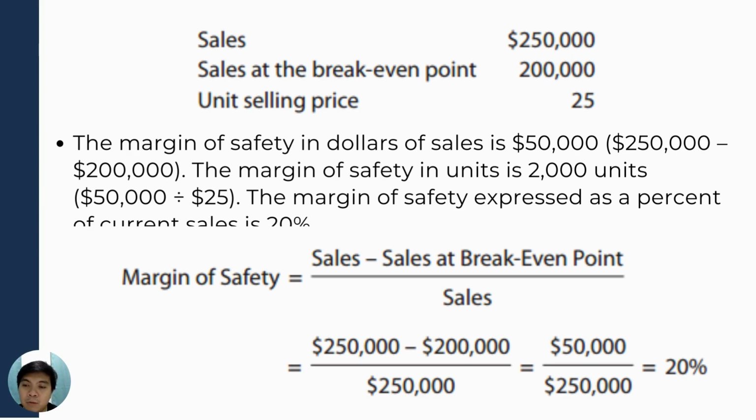That would result to 50,000. Divide by the sales of 250,000, and that would result to 20% margin of safety. Therefore, the current sales may decline 50,000 or 2,000 units or 20% before an operating loss of